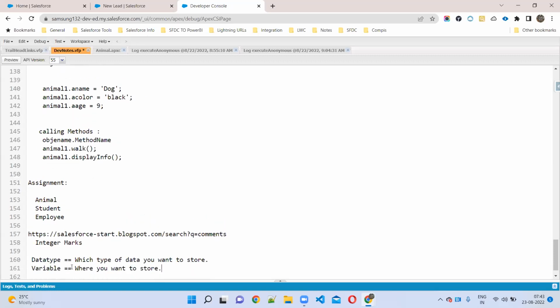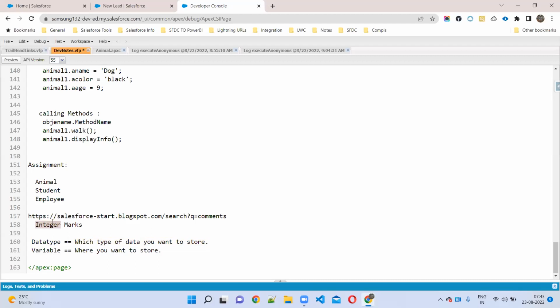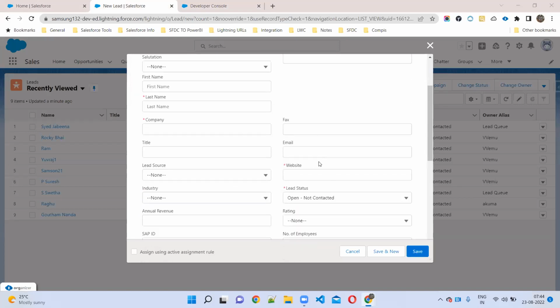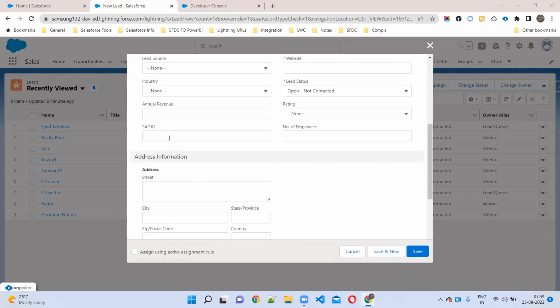Okay, sir. Which type of data is a data type. Where you want to store this number, sir? A number, an integer, where you can store that is called a variable. Understand everyone what I'm saying? Yes, sir. Yesterday we gave all this example, right? Now tell me, madam, here, what is the variable name? What is the data type? Data type is integer. Sample is the variable.